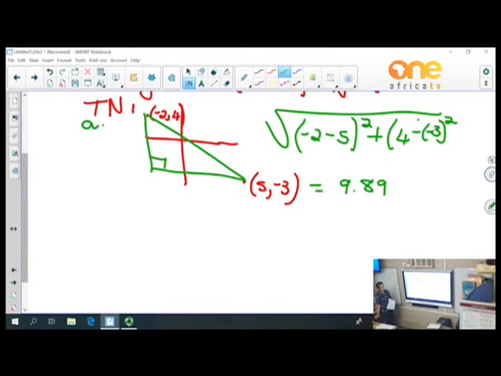So we just use the formula and subtract. Yes, this is what I used. So this is x1, y1, and this is x2, y2. And I just used my formula there. 9.899, so the rounding is not correct. 9.899, which rounds off. Look at this symbol that we're going to use for the rounding, and in